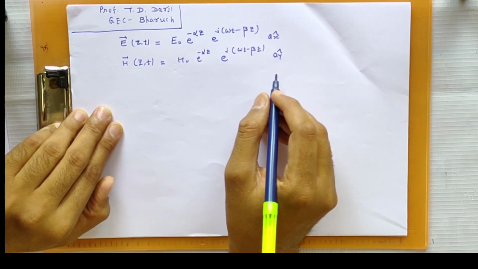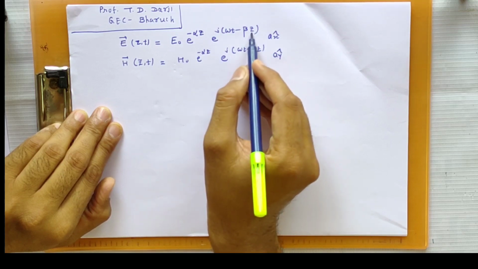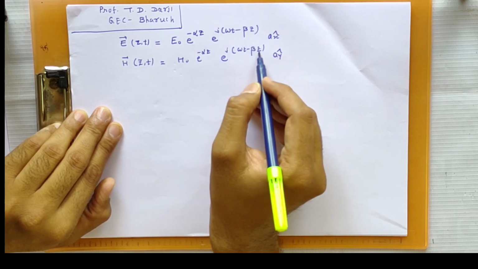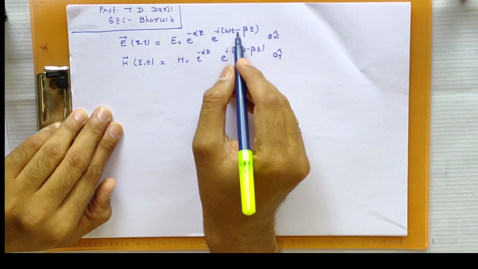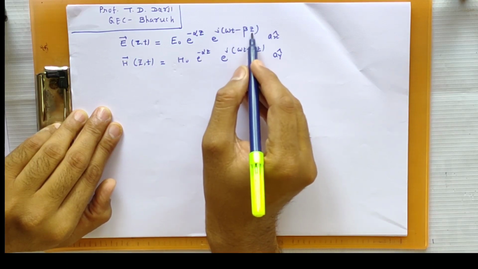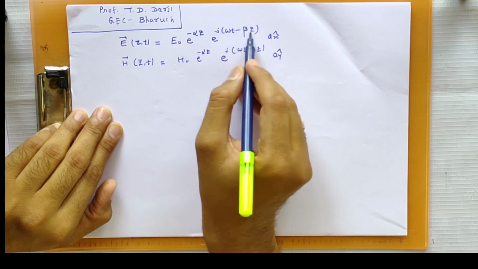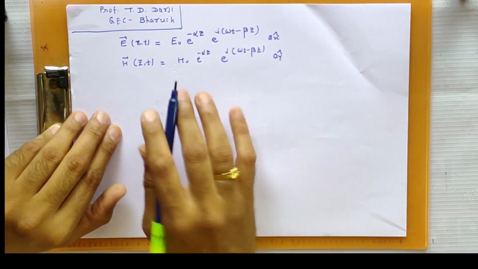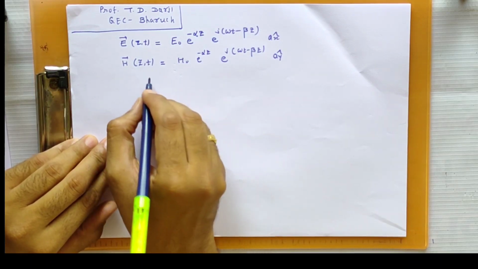Okay, so here we assume that the electric field is present in the x direction, the magnetic field in the y direction, and this z indicates the propagation direction, and the propagation direction is always z. Here it is omega t minus beta z, which means propagation in the positive z direction. Suppose the propagation direction is the negative z direction, then in that case it is omega t plus beta z. Okay, so in the last lecture we derived this equation, and we also discussed one more important thing